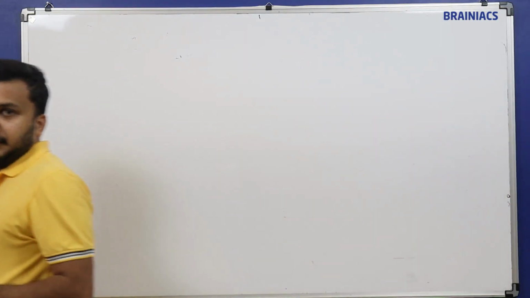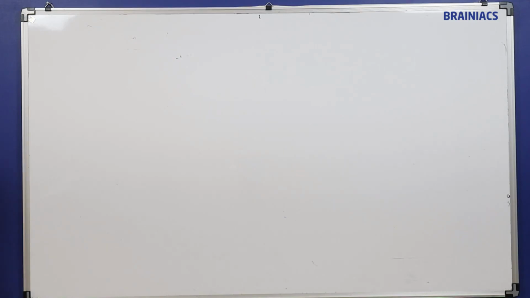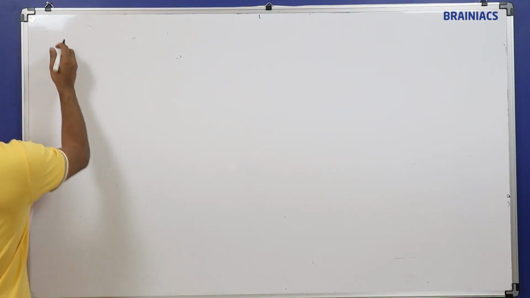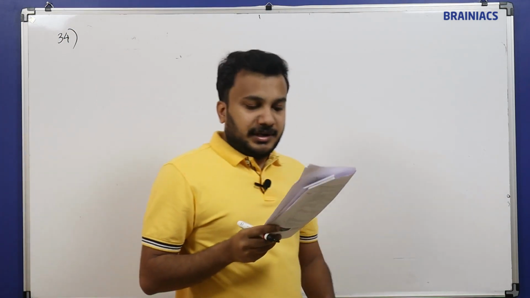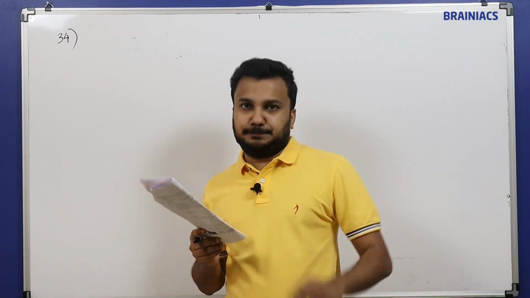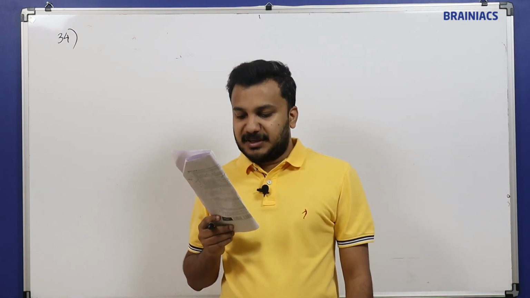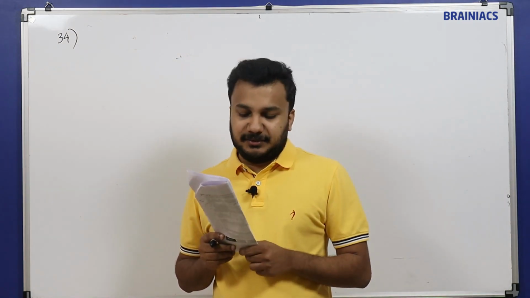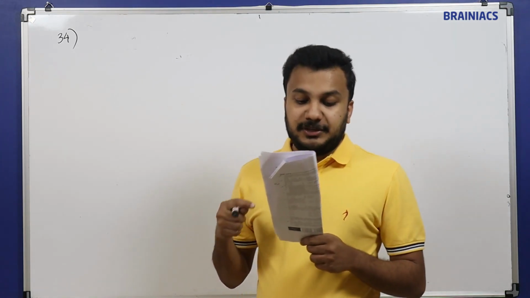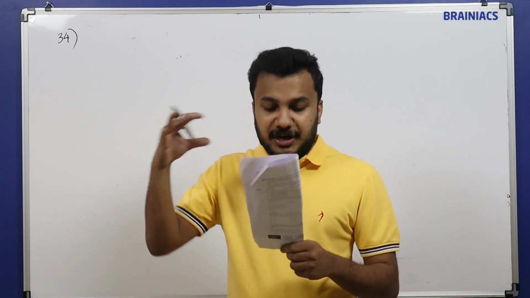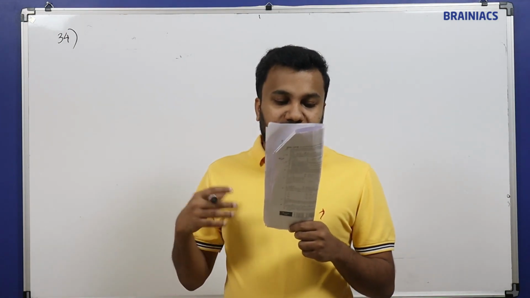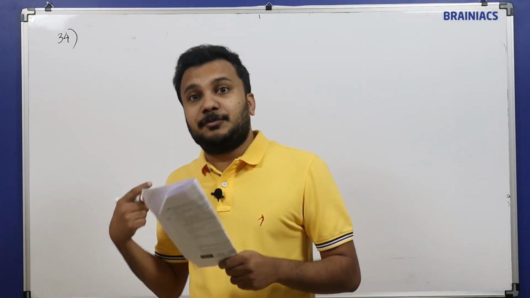Okay. So let's move to the next question, question number 34. We are approaching the end. 34. If an ammeter is to be used in place of a voltmeter, then we must connect it with an ammeter. If an ammeter is to be used in place of a voltmeter, already a voltmeter will be there. Now we used an ammeter. So then we must connect the ammeter with